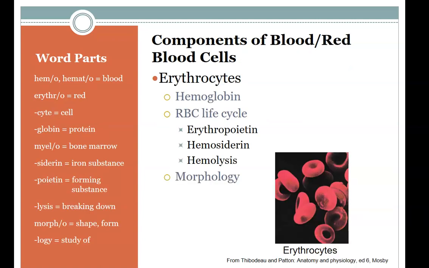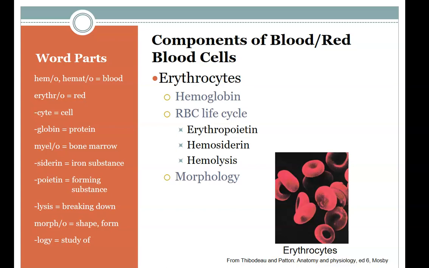Aside from the function of transporting oxygen and carbon dioxide throughout the body, the blood must carry a protein iron pigment called hemoglobin. Red blood cells are formed in the bone marrow as a result of stimulation by a hormone in the kidneys called erythropoietin. The life cycle of red blood cells is about 4 months or 120 days, after which time it